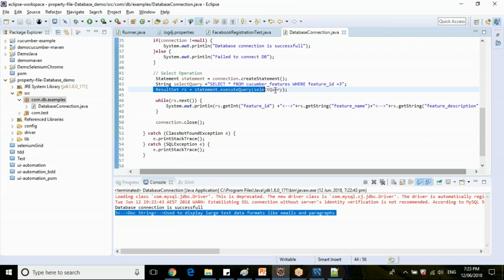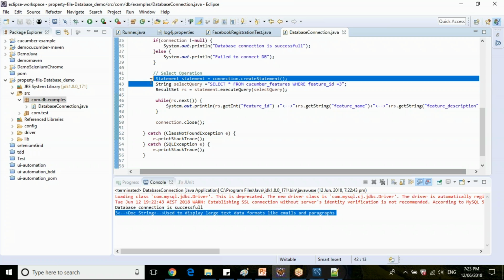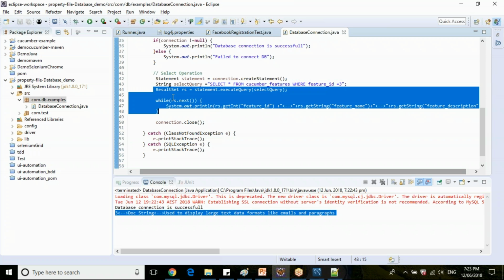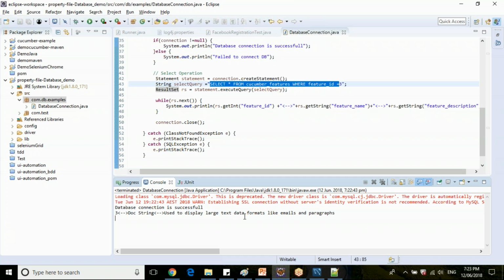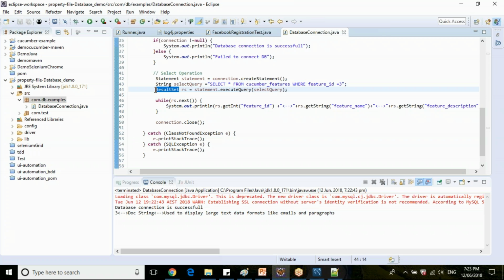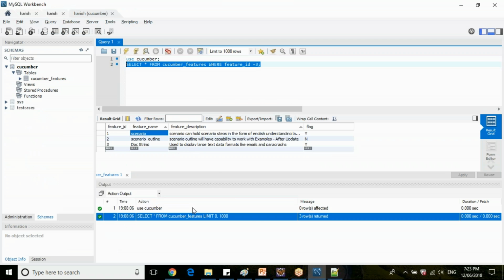So one or two lines will change here. Instead of a select statement, you'll use a prepared statement, and instead of getting a result set, you will use an integer. Since it is a select query, it is returning multiple rows, right? That's why you're using a result set. Suppose it is an update or delete or insert query, what will you get here? You will get the number of rows affected.